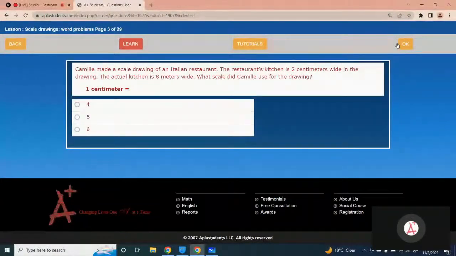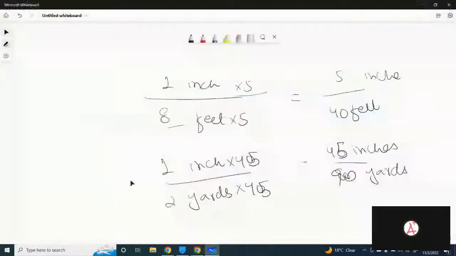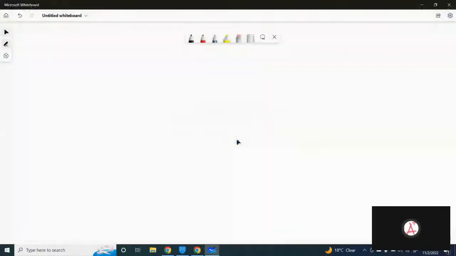So you have to find what scale Camille used for the drawing. Okay, let's do it on the board. You have to find the scale now. For the other two questions you are given a scale, but for this one you have to find the